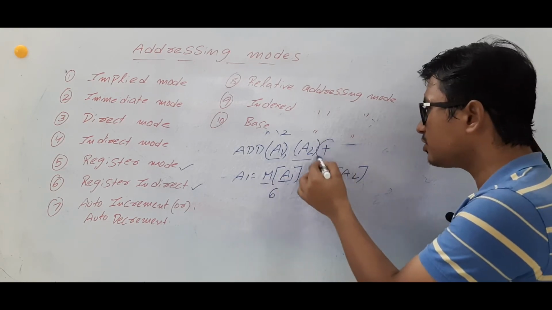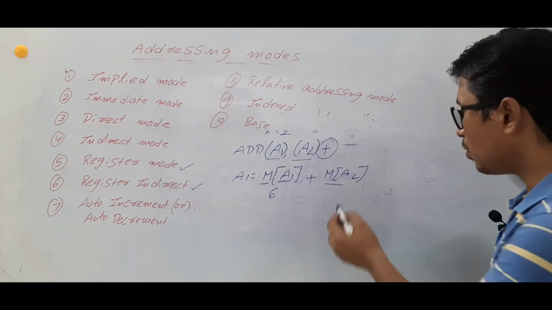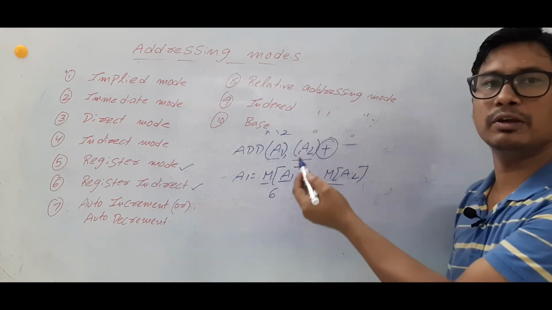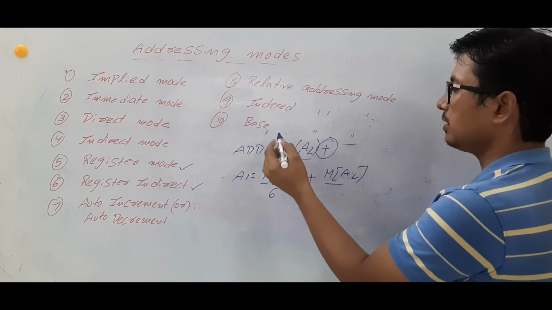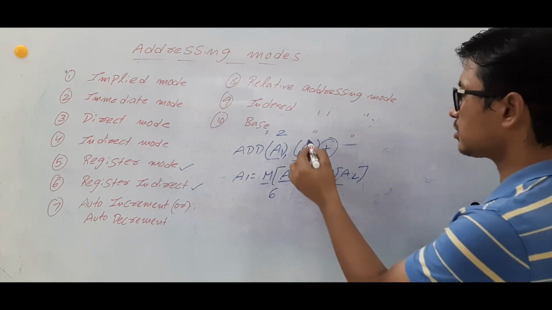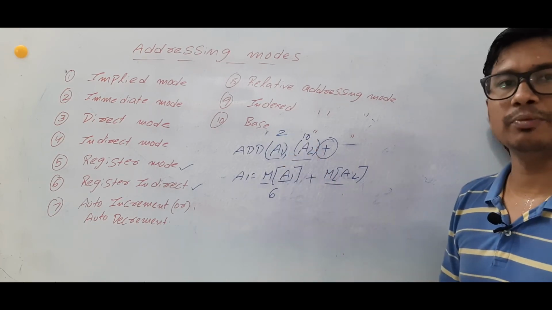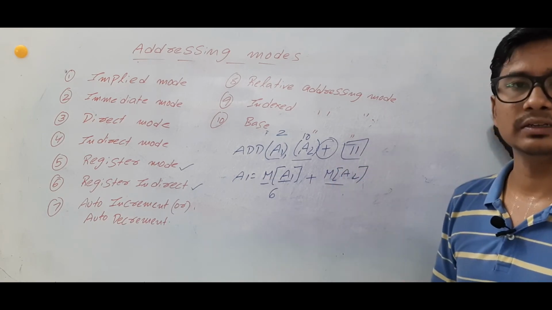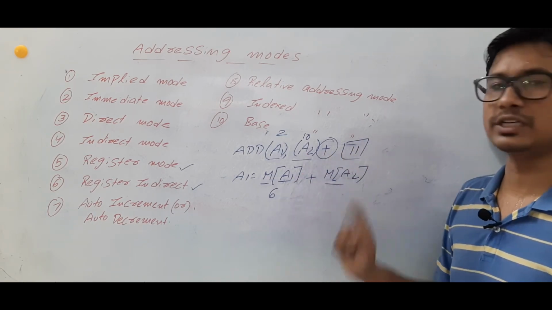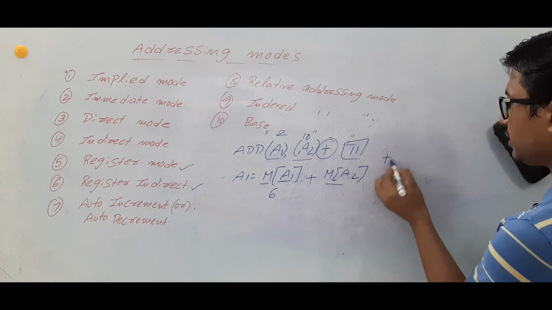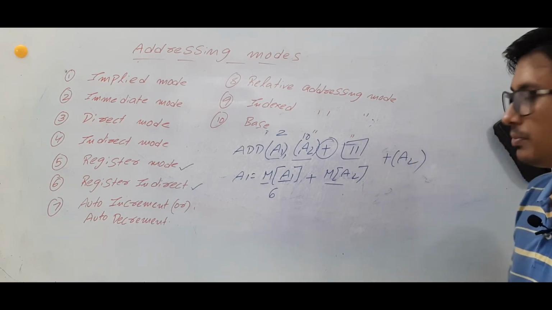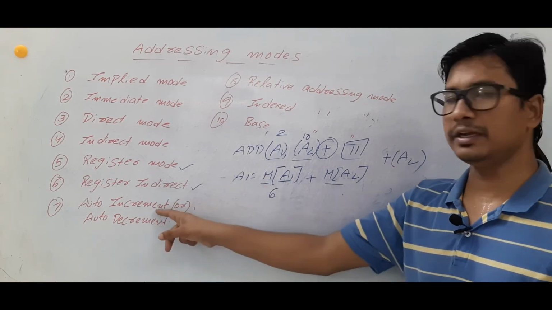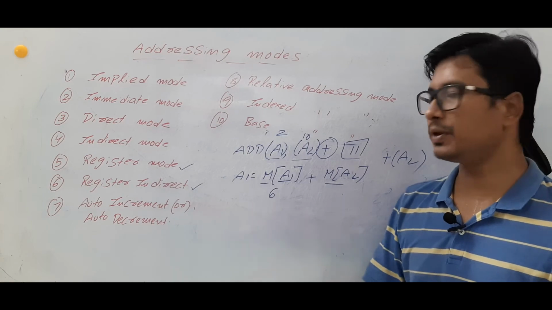Then what is the meaning of this plus? It is an auto increment. Once you have performed like this, then the increment will happen automatically. Let's take that the address of this one is 2, address of this one is 10. Next time when you perform the instruction, this value will become 11 automatically. Are you able to understand? It is a post increment. Whereas if I specify plus A2, then it is a pre-increment. Are you able to understand? It can be a post increment or pre-increment.